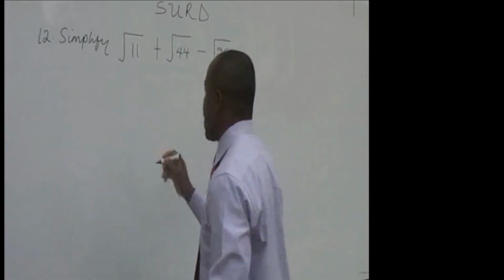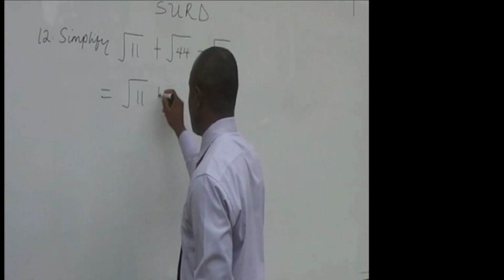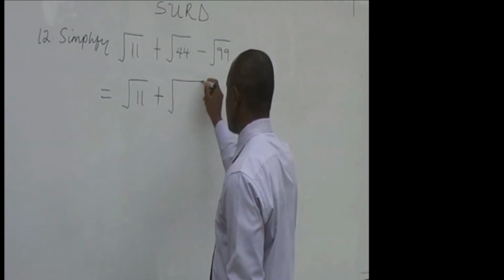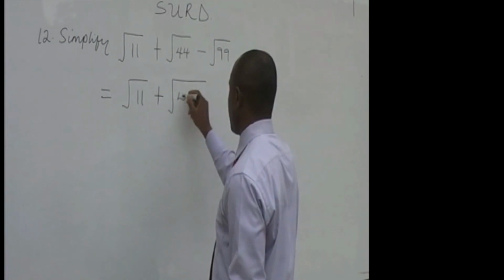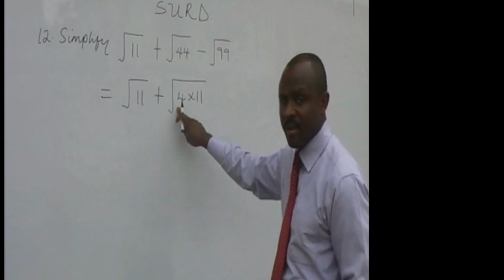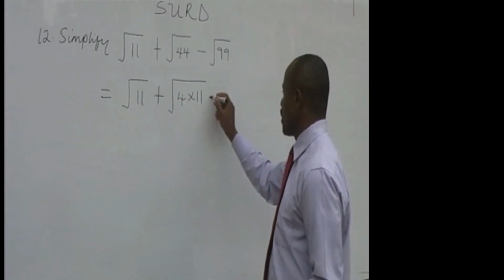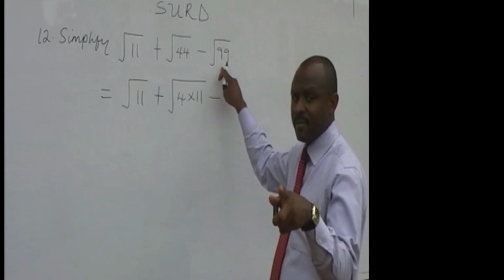So we are going to have root 11 plus, instead of root 44, root 4 times 11, because 4 is a perfect square. So we can bring this out of the roots and replace it with 2, because the square root of 4 is 2. Then minus, instead of root 99,